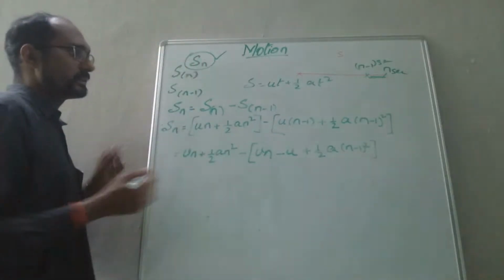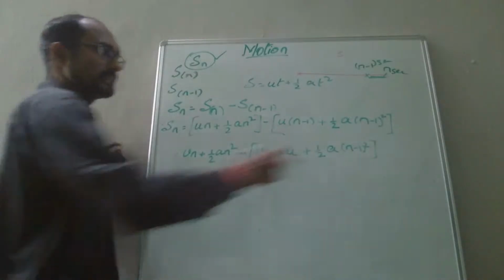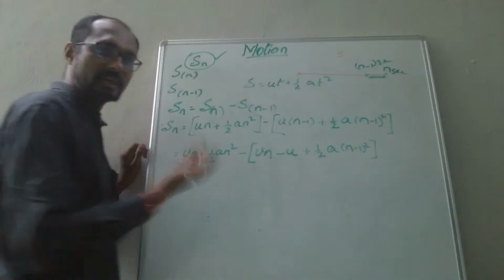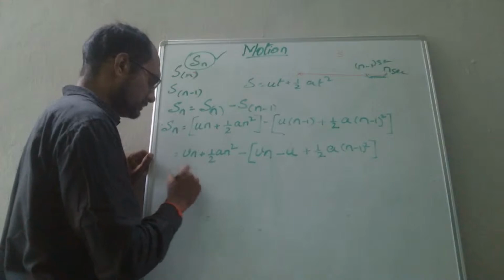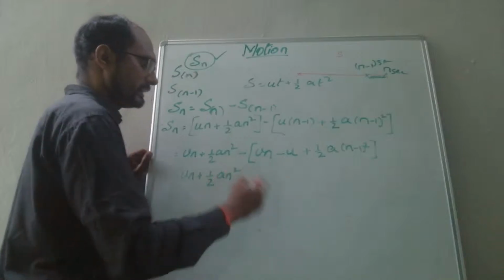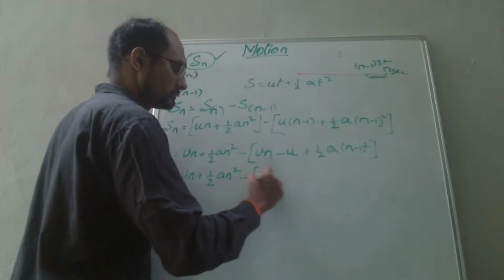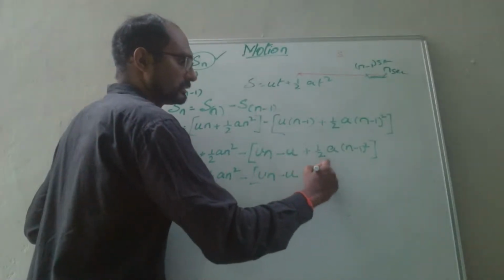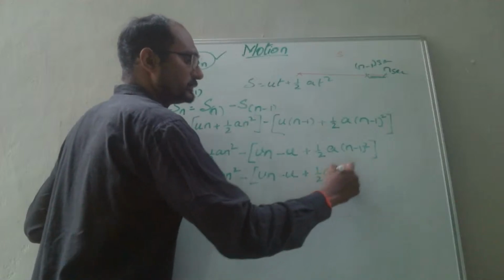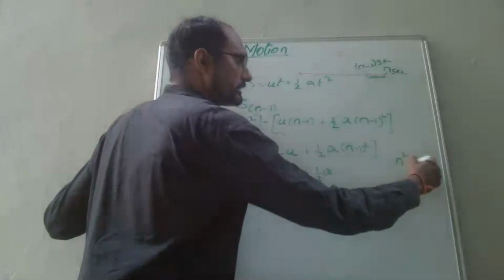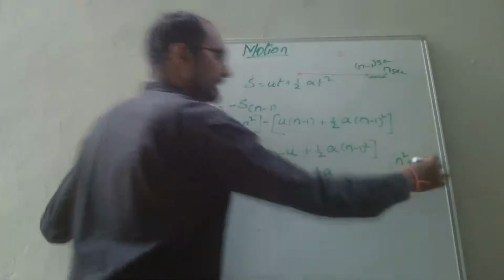Okay, shall we open the brackets now, or shall we simplify this (n minus 1) whole square also? Let us simplify. At any point of time we have to simplify this. So u n plus half a n square minus u plus half a into, this is in the form of (a minus b) whole square, so it will be n square plus 1 minus 2n. So I will write the same here,